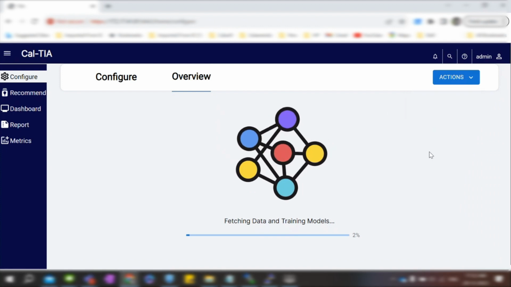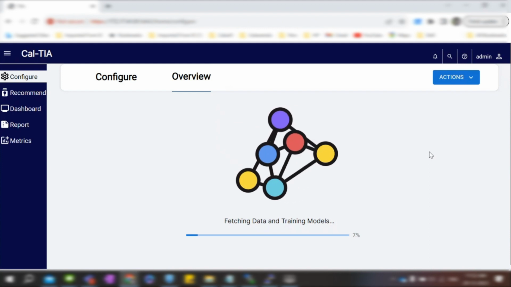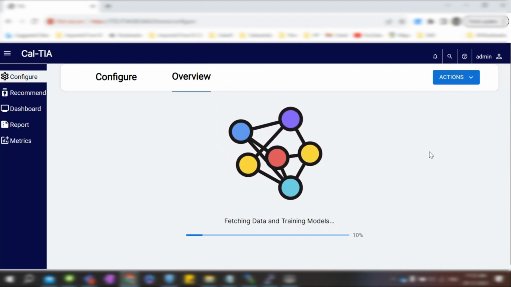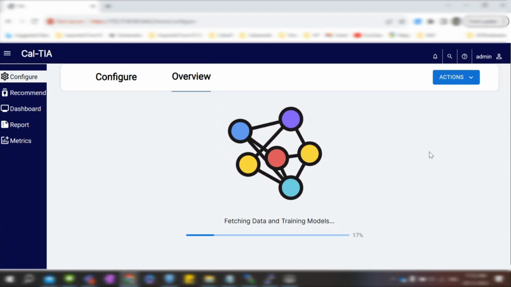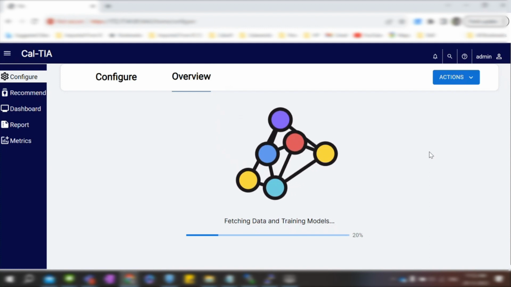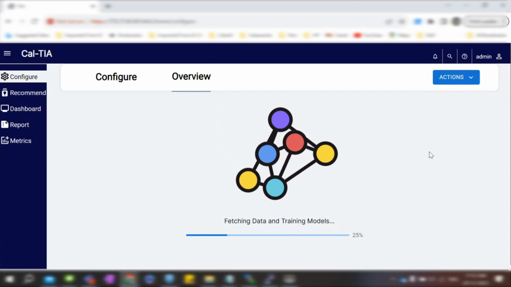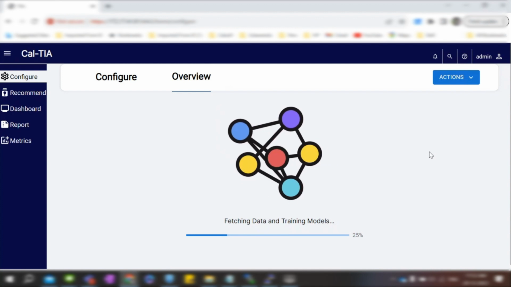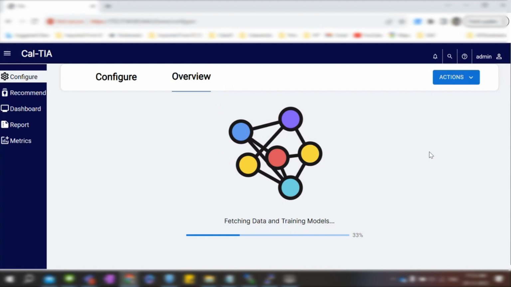Once we click on that, what's happening now is the tool is accessing the repositories that we have provided, and it is trying to understand your specific application. All these models are already pre-trained on a large set of open source data. Having said that, the model needs to very specifically understand your application so that it can give very accurate predictions and recommendations. So right now it is fetching data in a read-only manner and trying